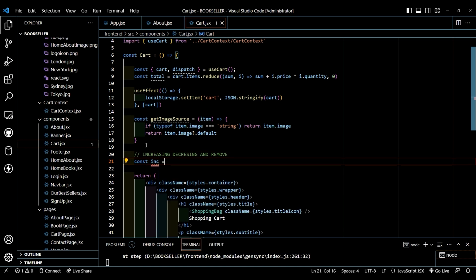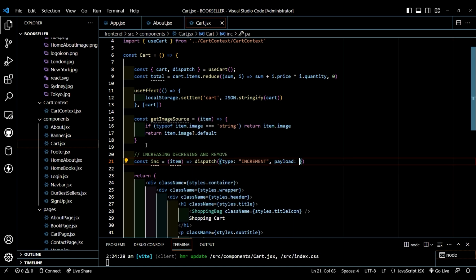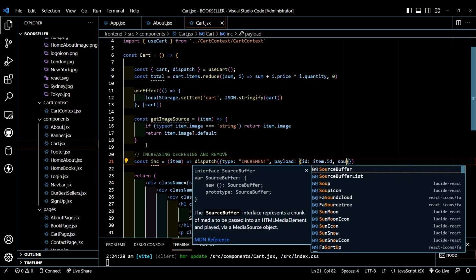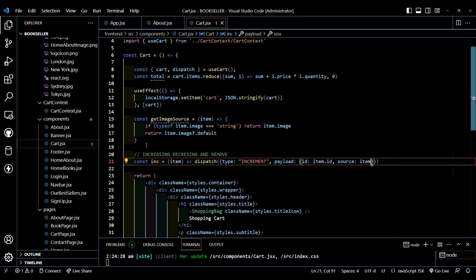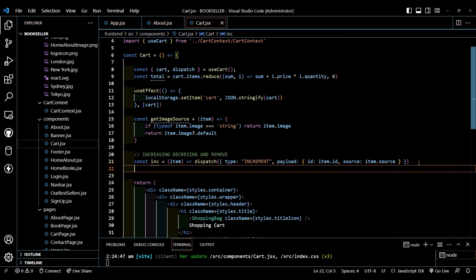So here let's type const increment, that is increase, is equal to item, create an arrow function, dispatch, type will be add increment and put a comma, payload, it will be id and id will have item.id, put a comma, source will have item.source. So now let's just copy this payload,